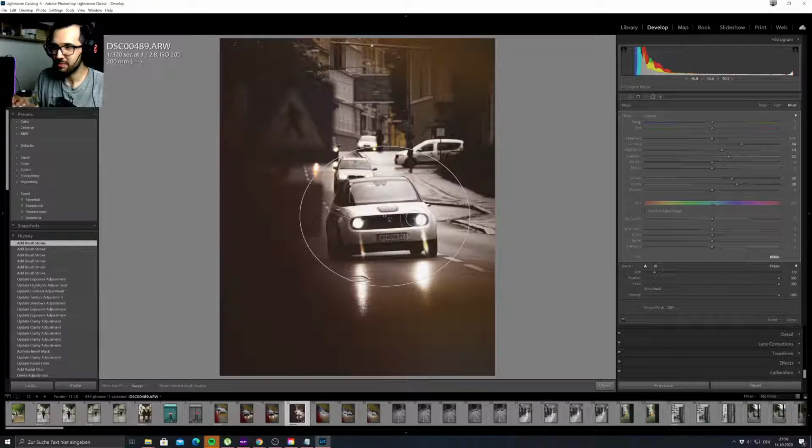Do you mean the editing thing or the mask thing? Changing the colors of the mask? Or